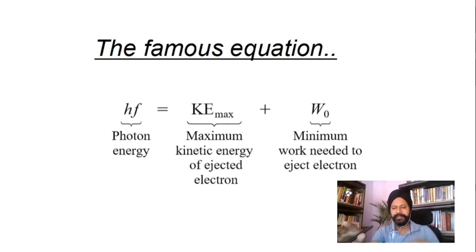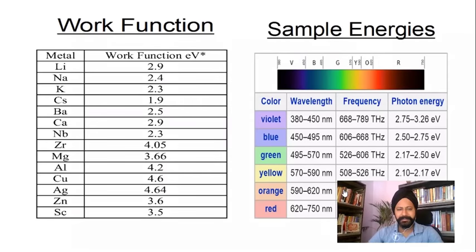So please pause the video if you are watching a recording here, or otherwise maybe come back here and see this equation. This is the only equation that you need here. So photon energy is used up to release an electron, that is the work function for the surface electrons, plus the kinetic energy that is left over. So let's see that in action.